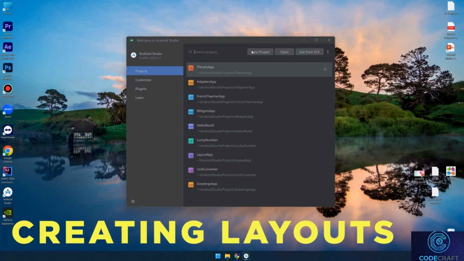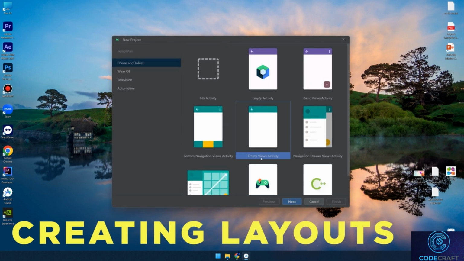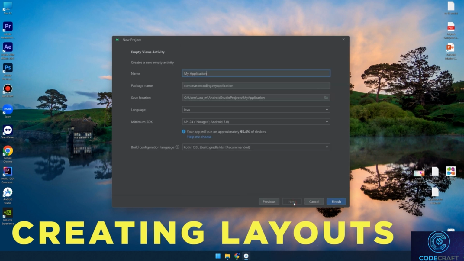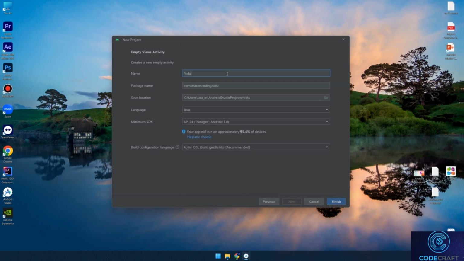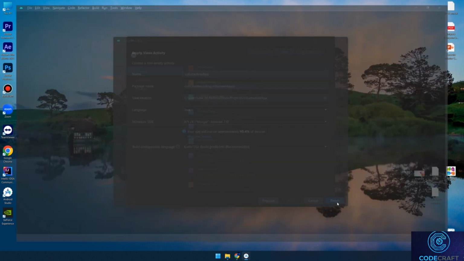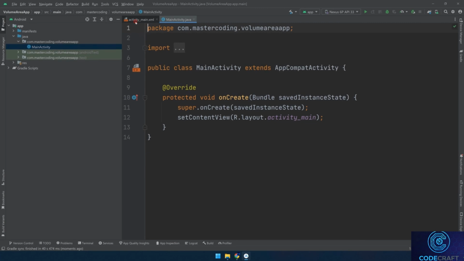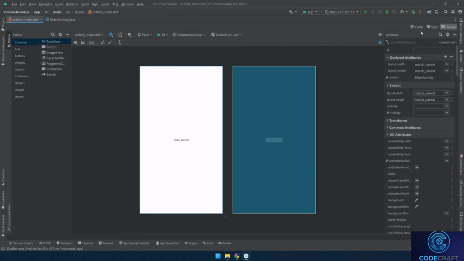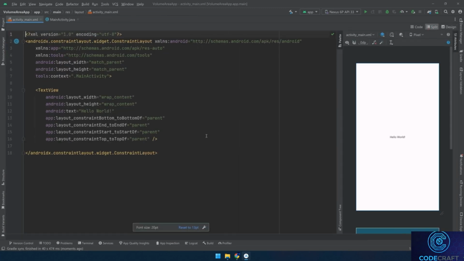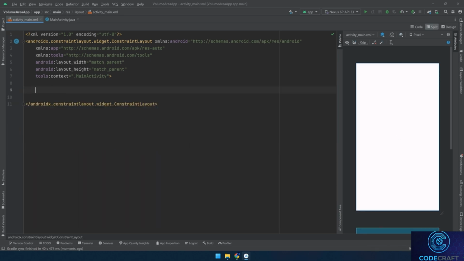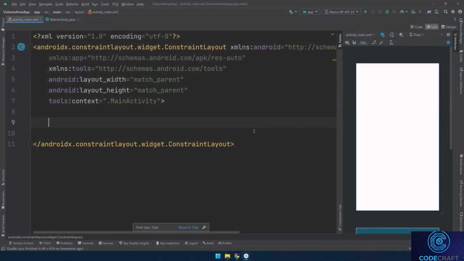Welcome back. In this video, we'll create our project and design our layouts. Open Android Studio, select New Project, Empty Views Activity, Next, and I name it Volume Area App. Finish. Let's go to the activity_main.xml file, go to split mode, remove this text view, and create a grid